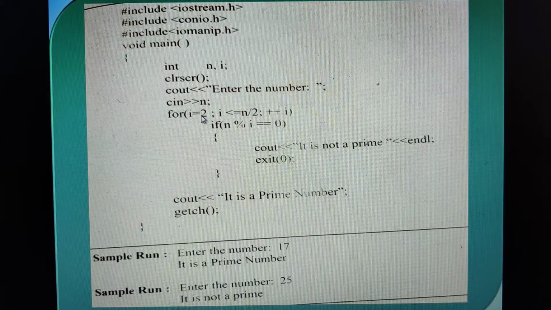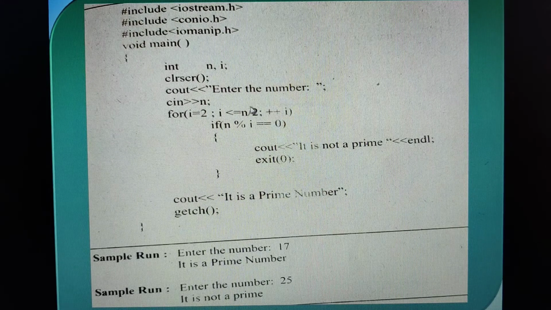Therefore the for loop is set. Here the header files are included, followed by two variables n and i of data type integer. I use n because I ask the user to enter a number, and that value will be stored in n. Because the range is always half and starts with 2, i is equal to 2, i should be less than or equal to n by 2, and we increment the value of i.